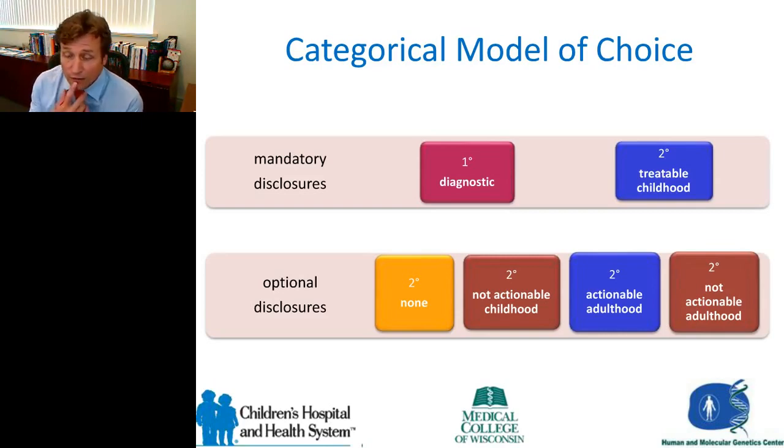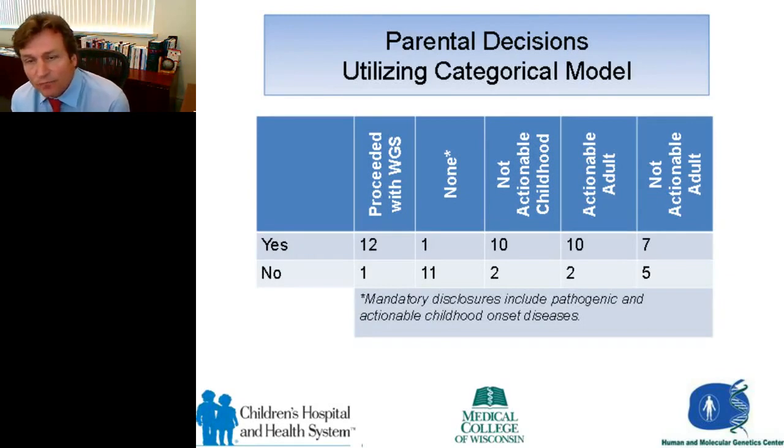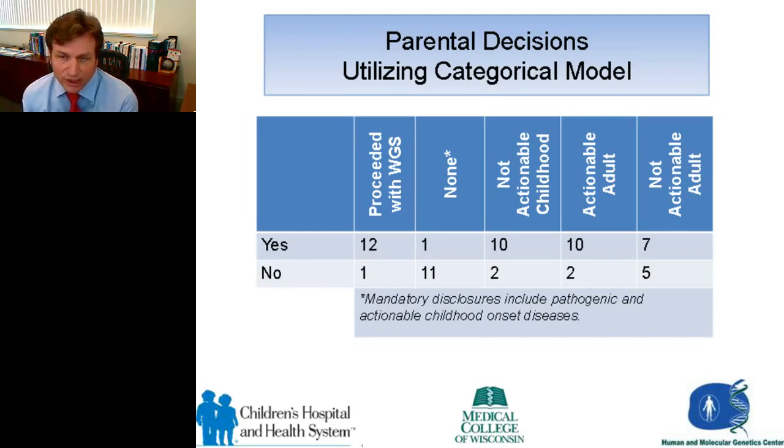And so what have our cases come up with? Here's the exact data from 13 cases where we looked at this. Only one family of the 13 chose not to go forward with whole genome sequencing. And of the 12 that then went forward, only one chose to take nothing else. The interesting one is over 50% chose to have all data that comes back. So we asked ourselves, well, is that a good thing or is that a bad thing?